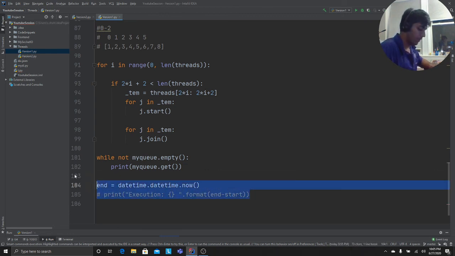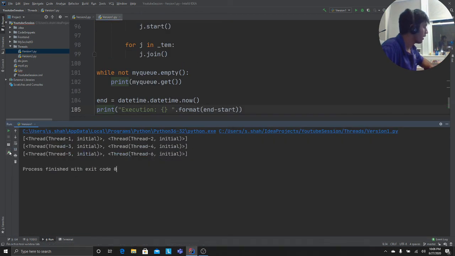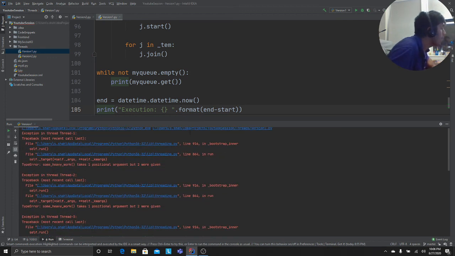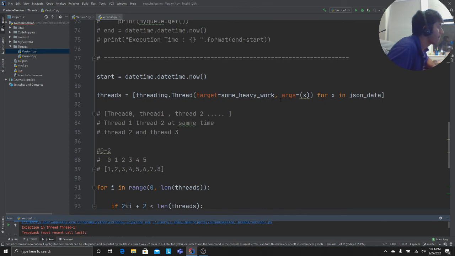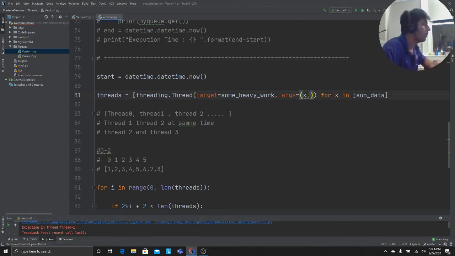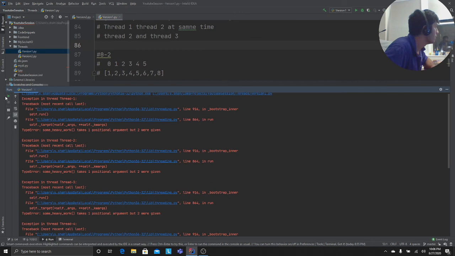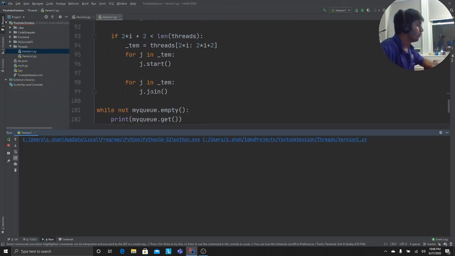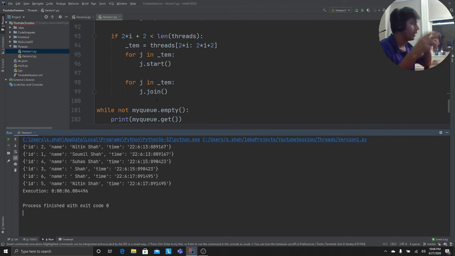That's the thing. I don't know, I'm missing some colon or whatever somewhere, because that's why it's giving me these heavy errors. I see where I'm missing. I forgot the comma, that's the reason. Yeah, I should read my errors, I guess. So yeah, that's pretty much it. See, now I'm going to run it. So it's basically working in batches of 2, okay? 2 threads, then 2 threads. So it took 6 seconds, which makes sense because 2 threads will do 2 jobs at the same time. Then the next 2 threads, 2 things at a time. So basically we're doing 2 threads, right?